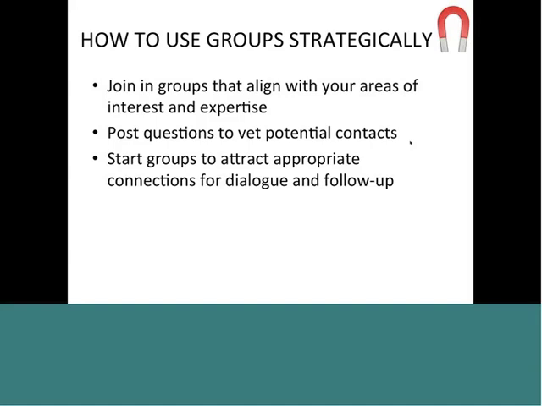You can also start a group to attract appropriate connections for dialogue and follow-up. This is a long-term strategy, but it's one that can be very effective. You now are the moderator of a group. You can make sure that your competitors are not joining the group. You can foster discussions within that group. You can invite prospective clients, referral sources, and existing clients to that group. And now you basically have a personal forum where people are listening to what you have to say and they're commenting on it, and you can pique their interest on whatever it is, again, that you have this special niche